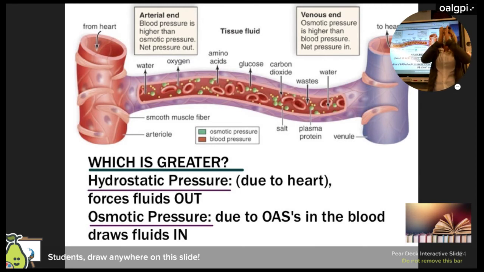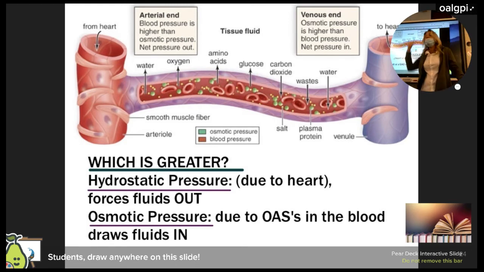And how does it get out? In between. Remember, a capillary is one cell thick, made out of endothelium. Did I teach you endothelium? I'm teaching you now. Endothelium. Those are the cells that actually line everything of your circulatory system. It's just that by the time you get to the capillary bed, that's all that's left. And that is forcing fluids out. Also, there's a little bit of endocytosis and exocytosis going on, and there might be a little bit of carriers. But the hydrostatic pressure is greatest at the arterial end, forcing fluids out.